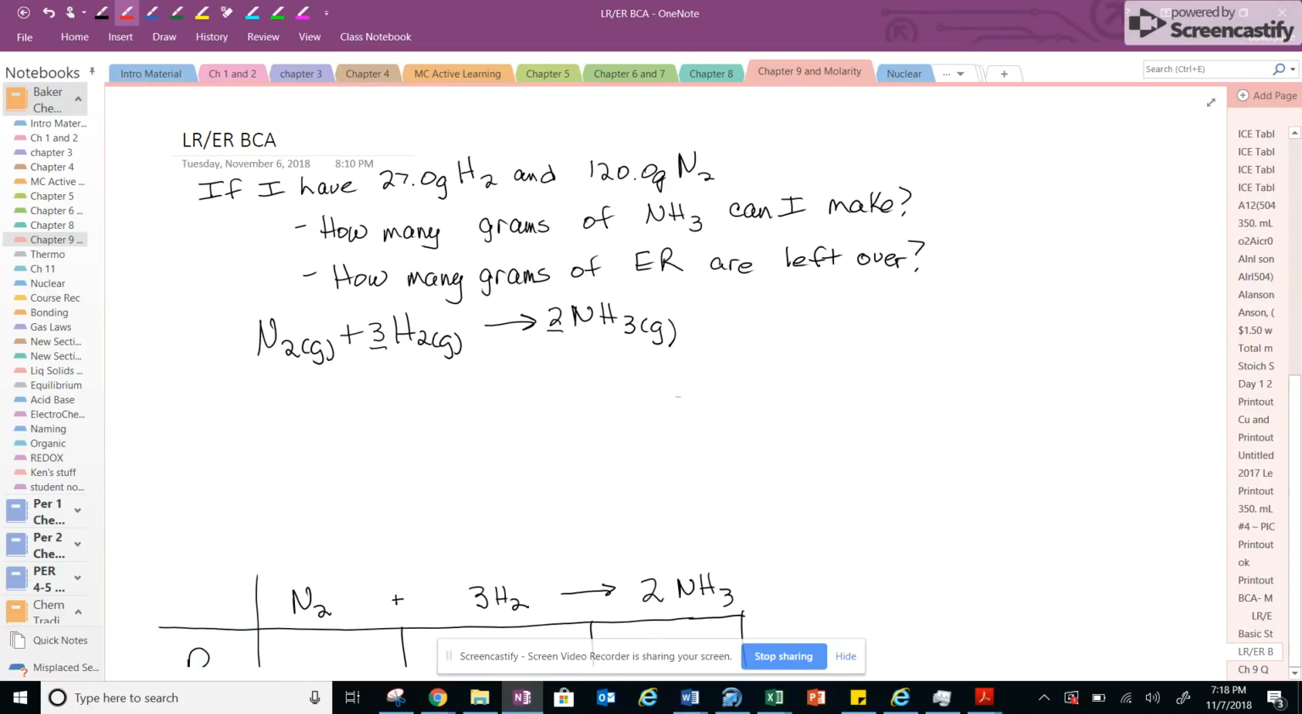You'll notice that I have the exact same problem here, same masses of hydrogen and nitrogen that I'm starting with. How many grams of ammonia can I make? How many grams of the excess reactant are left over? Same balanced equation. Well, this time what I'm going to be doing is using a table